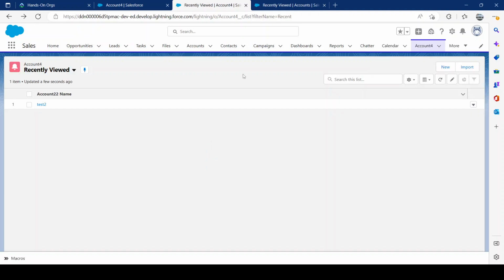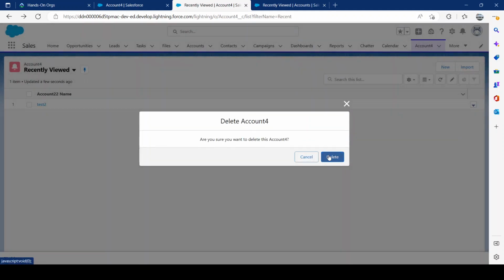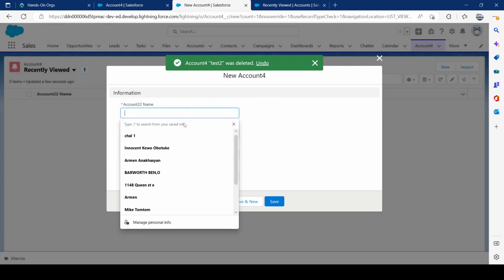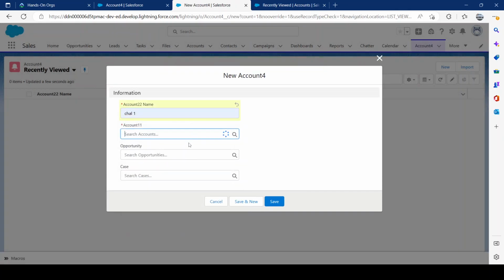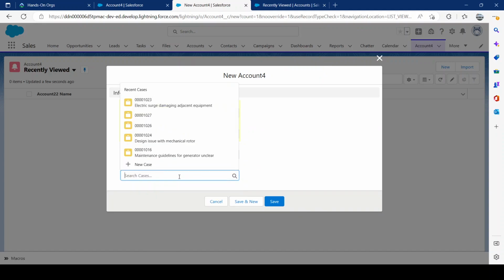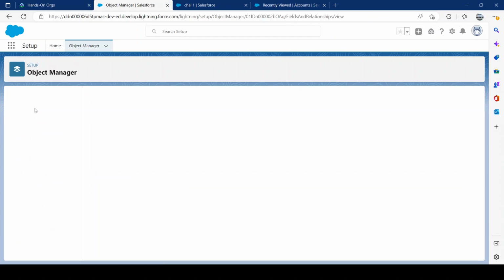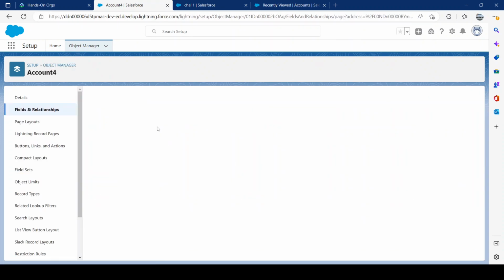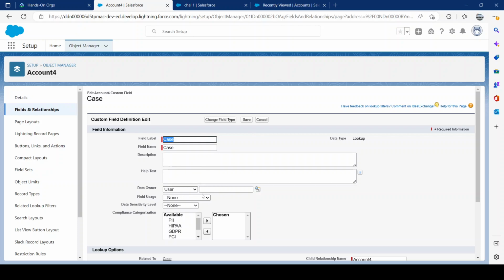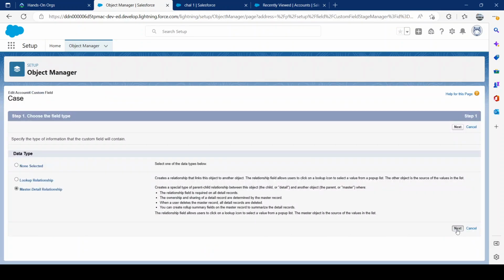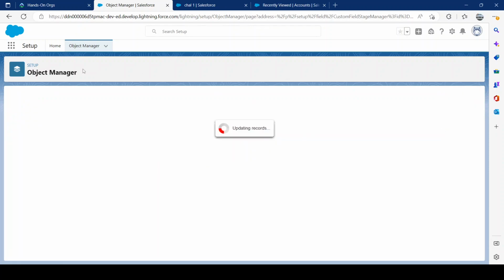So what we'll do is, let's go and delete this. All right, let's assume we don't have anything, but let's say we were going to. So we can call it whatever, pick opportunity, but because we're going to be creating our case, we'll actually have to go ahead and select something, because we're putting the case into the master detail. So now we'll go back, we'll click to edit. It's taking a little bit of time there, but once we click edit, we will change field type. Now we're going to go master, and let's go ahead and save, and that's how we save it,